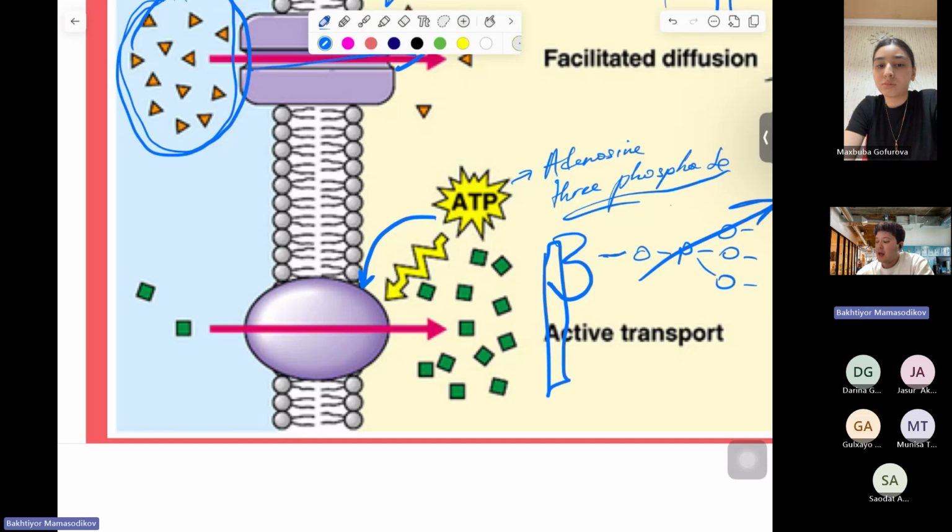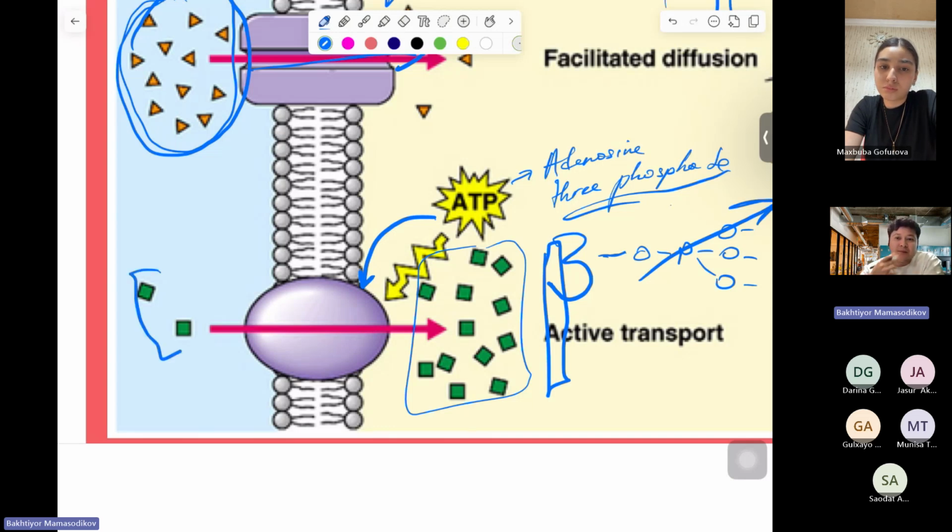So what's going to happen? A lot of people are going to go to the cinema, and there is no space inside, or someone got the ticket but hasn't come. And one pair came to the cinema, and they really want to watch the film. What are they going to do? They're going to give extra money to get into the cinema. That means they are using energy.